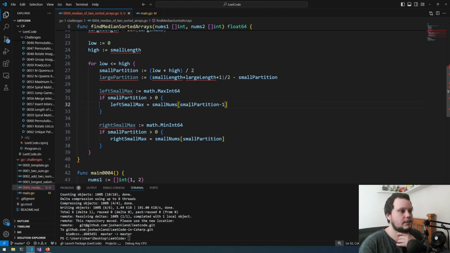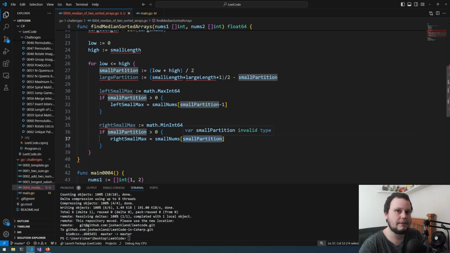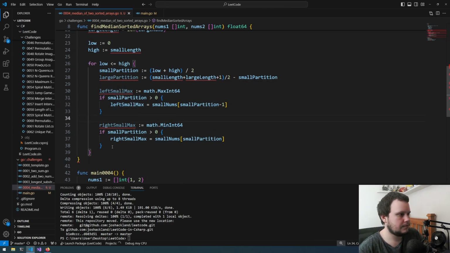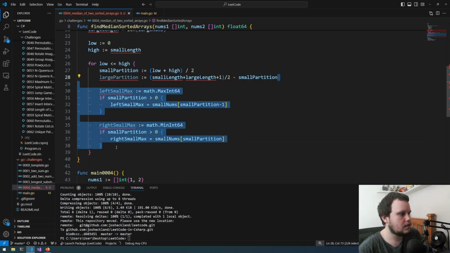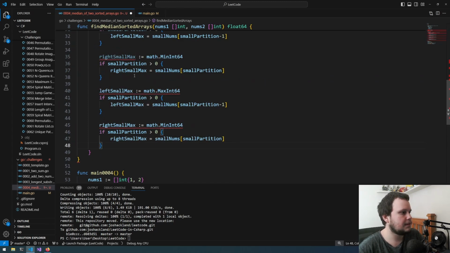So this one, small partition -1, is the highest index of the small nums array, which is a part of the left partition of it, and then the actual small partition number index is the first index in the right partition. So I've now done all that,